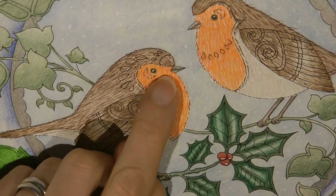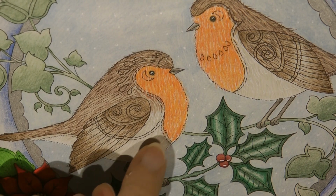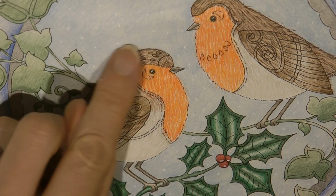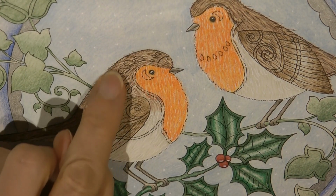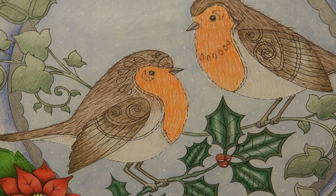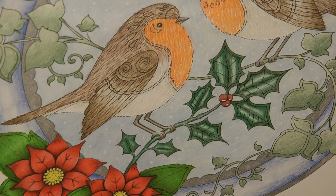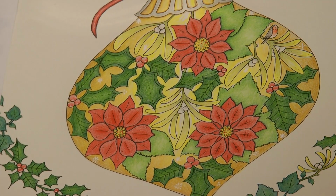And the key is to take it outside of the line that Johanna's drawn for us. And that really gives the illusion that there's feathers. And then with this one, because it's dark, I didn't use the white pen. I used a brown fine liner to make that one look fluffy. Birds aren't always that fluffy, but I just wanted to make them look a bit more interesting, so that's what I did with that. And the last one here,